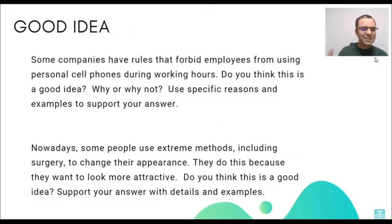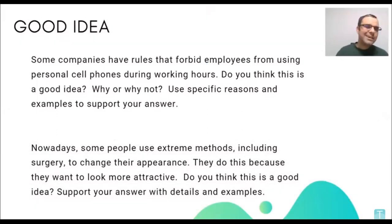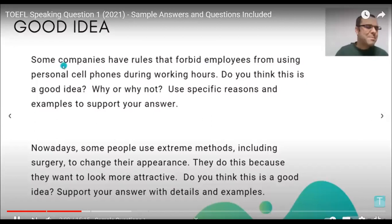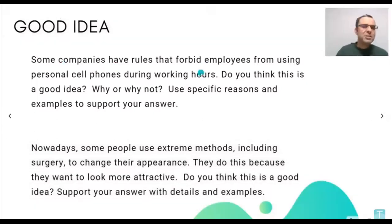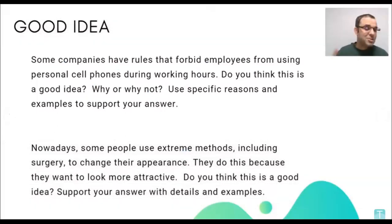Finally, the good idea style. This is a little trickier and it's a little bit longer, but don't worry about it. You answer it in the same way. Basically, you're given a situation or an idea, and you're asked whether you think it's a good idea. So in this first sample, it says, some companies have rules that forbid employees from using personal cell phones during working hours. Do you think this is a good idea? Why or why not? And the next one is about changing your appearance using radical methods. Do you think that's a good idea or not? Support